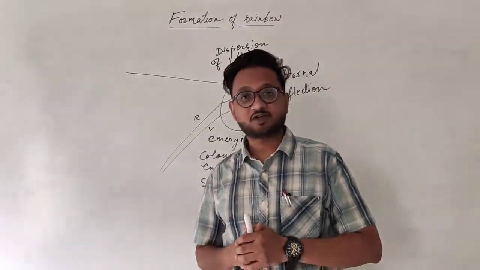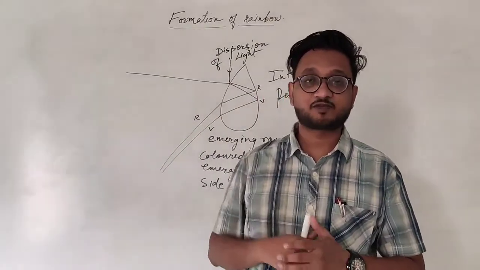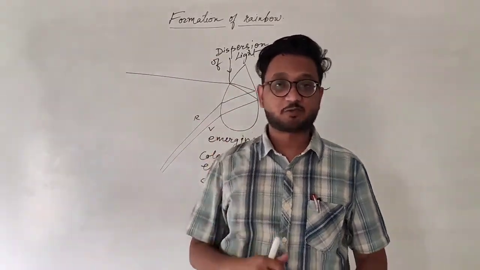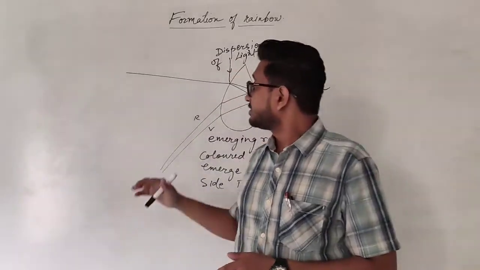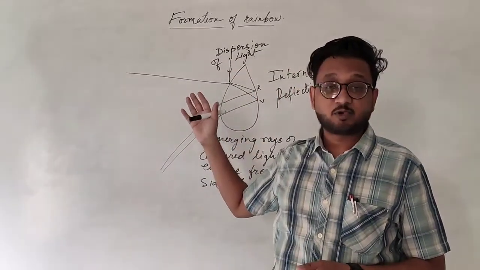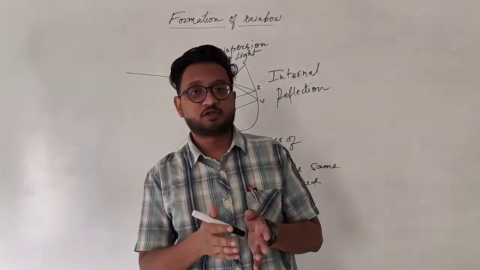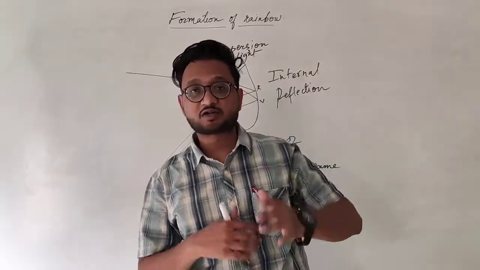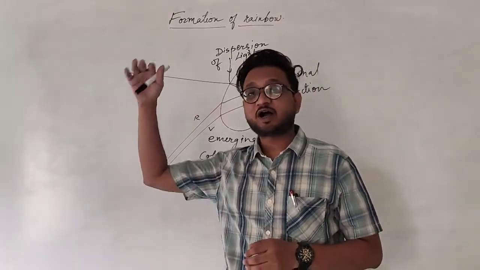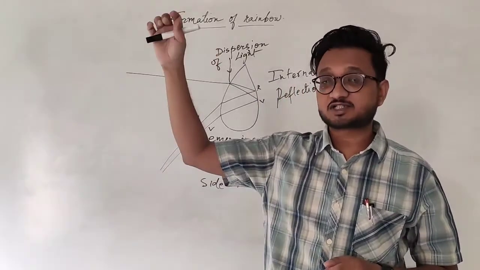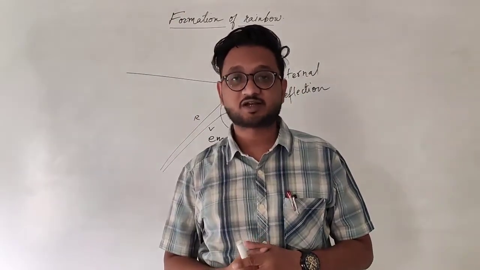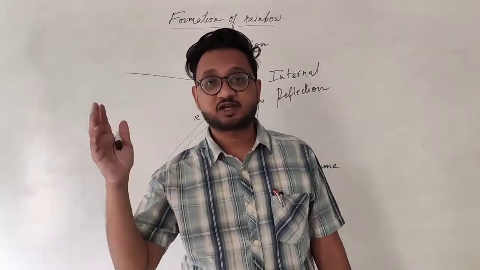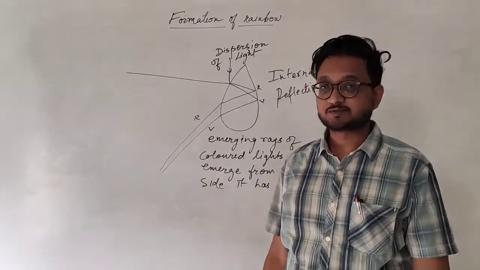So whenever you are observing a rainbow, you can observe it on the opposite side of the sun. Don't look on the same side as the sun is. Turn around, so the sun should be on your back. You can not only observe the rainbow after the rainfall, you can also observe it in daylight when you are near a waterfall. So if you have a high waterfall and water droplets are just flying by, you can observe the rainbow there as well, and near a fountain as well. If there are minute water droplets in the atmosphere, you will be able to see this.